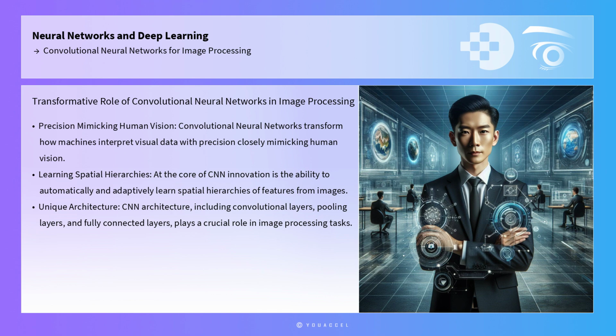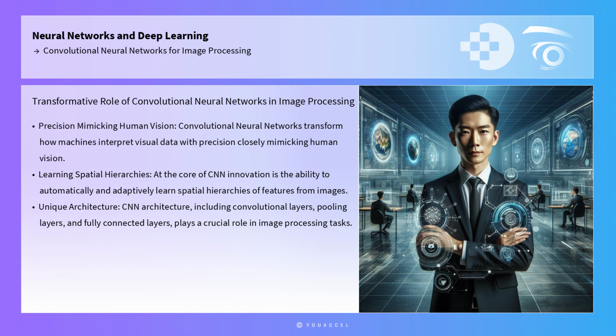Convolutional neural networks have become pivotal in image processing, transforming how machines interpret visual data with a precision that closely mimics human vision. At the heart of this technological innovation is the ability to automatically and adaptively learn spatial hierarchies of features from images. This capability is largely attributed to the unique architecture of CNNs, which includes convolutional layers, pooling layers, and fully connected layers, each playing a crucial role in enhancing image processing tasks such as classification, segmentation, and